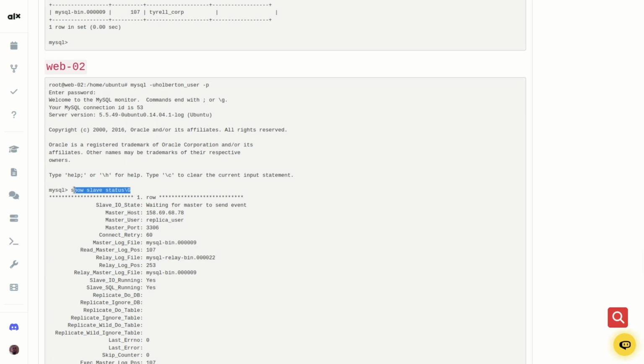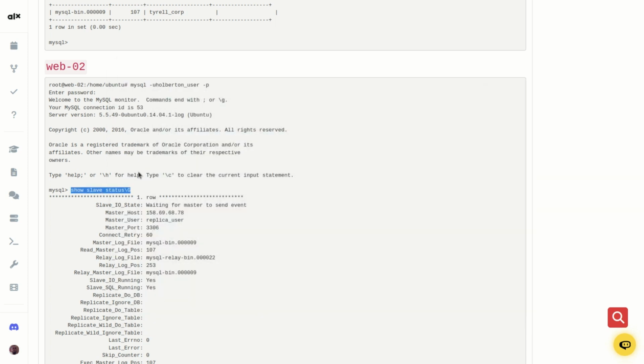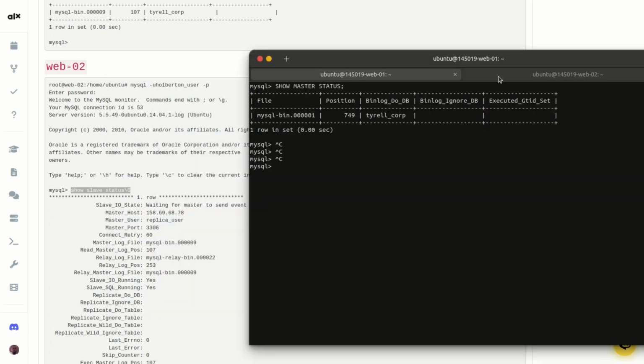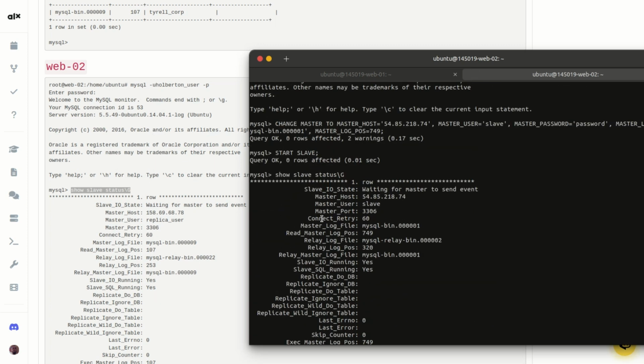Oh, sorry about that. Let me copy this command, go back to the web02 and paste here and see what's actually showing. Now you can see it's quite similar, and you can see here also we're having the same response, waiting for master to send events. So chances are that yours will be different for this, because sometimes the speed may affect the data that is showing here. So what you need to do is just restart the server, and then let me just